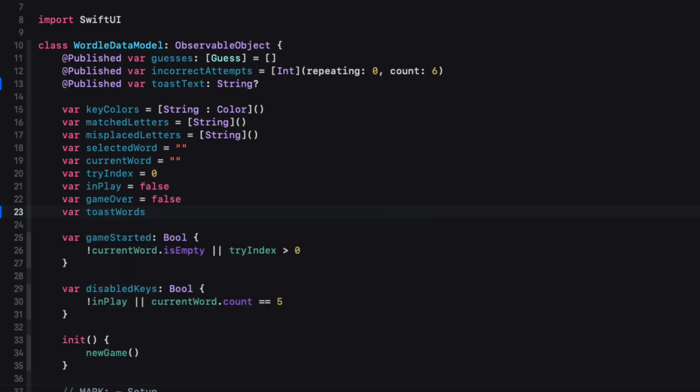For the congratulatory message, we'll want to show a different word depending on how many guesses it took. Now I believe in the real game that there's a number of different words that it picks from for each different level, and that's something you might want to add. But for us, I'm just going to create an array of words that I can pick from. So let me create a new variable in Wordle data model called ToastWords, and I'll add 6 descriptive words that'll